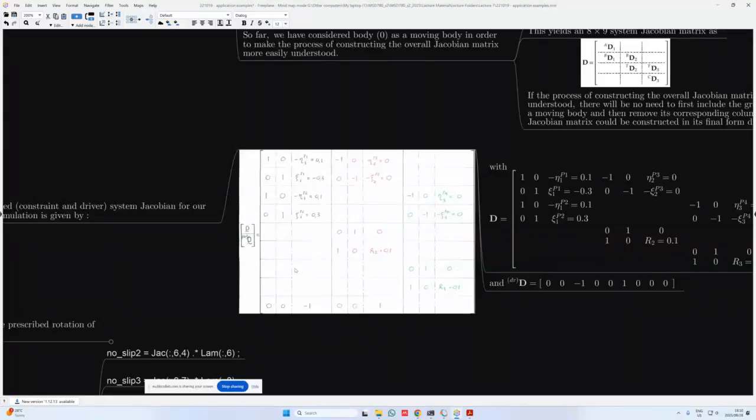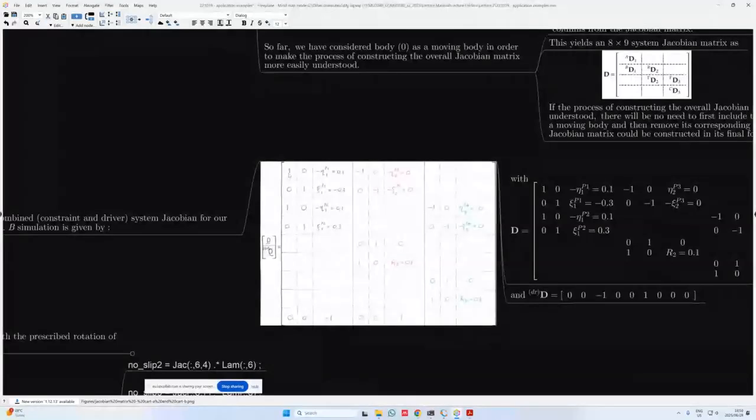Then for the number of rows that I have, I can count over here. I do indeed have 1, 2, 3, 4, 5, 6, 7, 8, 9, with the final row being the driver constraint that I specify on the system. Okay, so from this, I can also see that whenever I specify a revolute joint on a system, the reaction